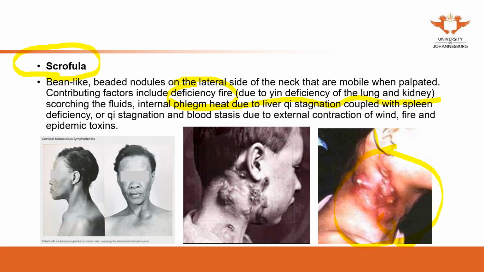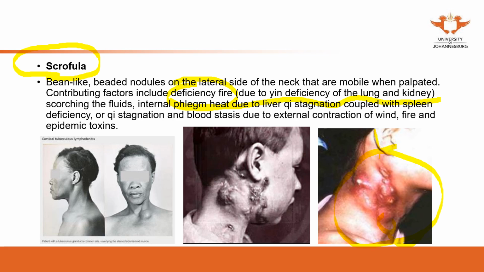the redness on the skin. The redness, you still remember in the facial complexion when we talk about the colors. The redness is the heat, is the fire. So this patient must present with the fire, either excessive fire or deficiency fire. Now you need to compare with the other symptoms. You need to combine with the other diagnostics,